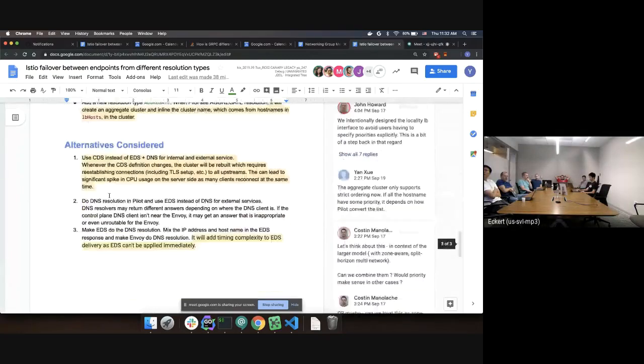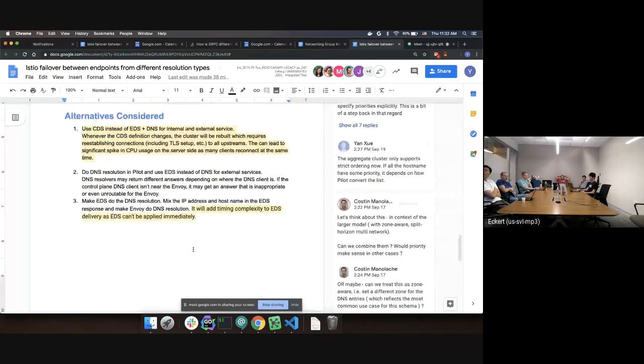Okay, so the use case is that we have a customer, Walmart, that has internal services and external services, and when the internal services are down, they want the traffic to fail over to the external services. That's a use case. And in general, the problem that we are trying to solve is that we have services